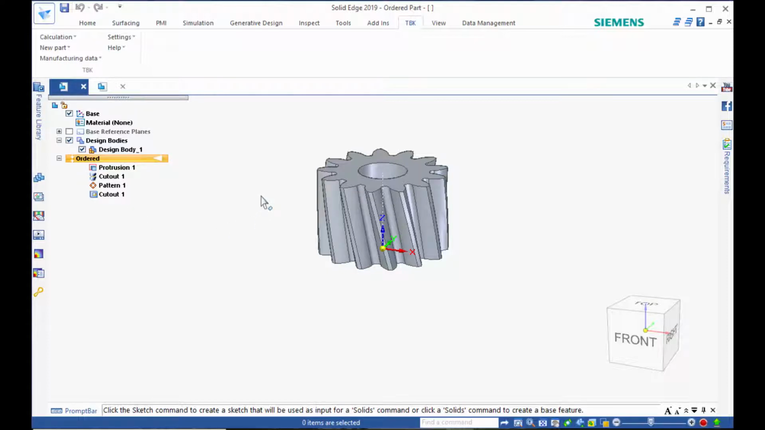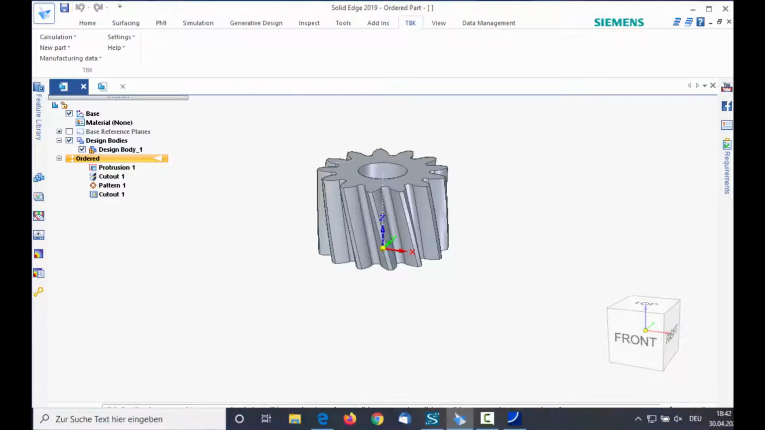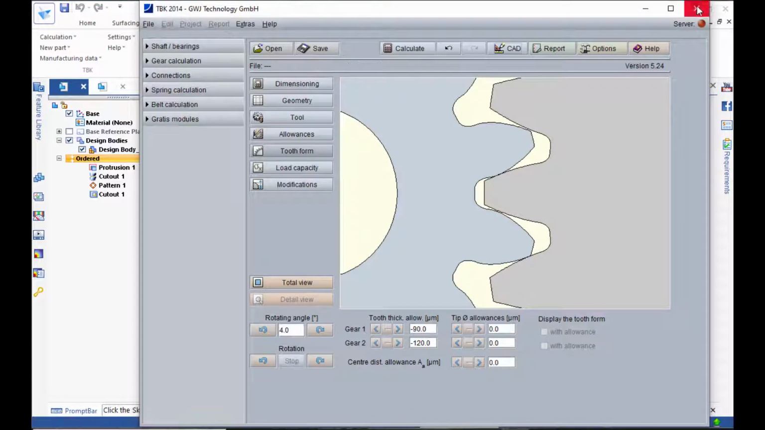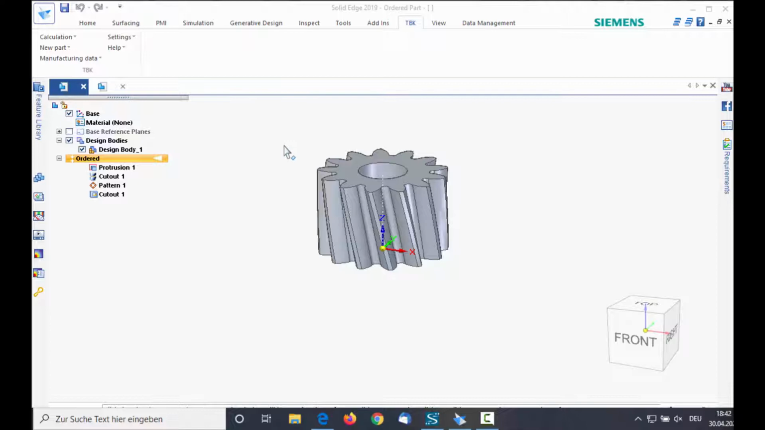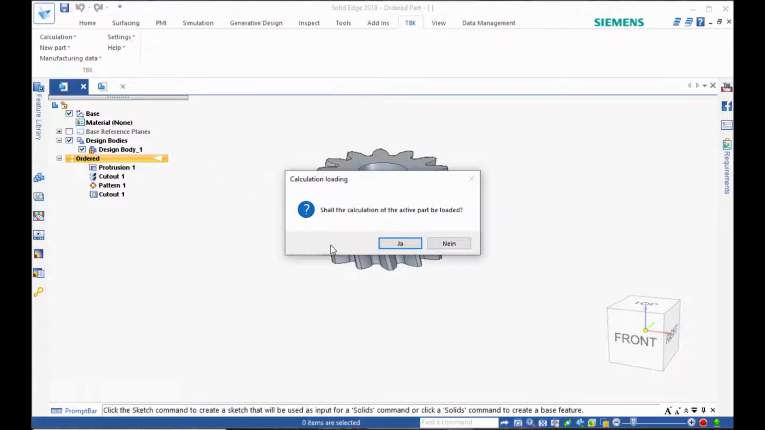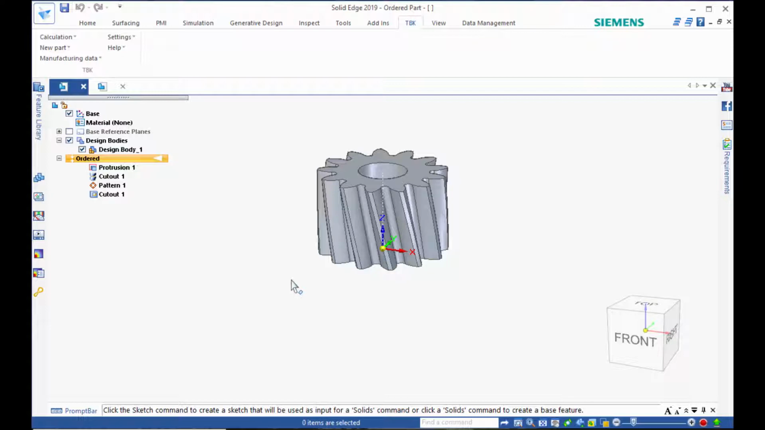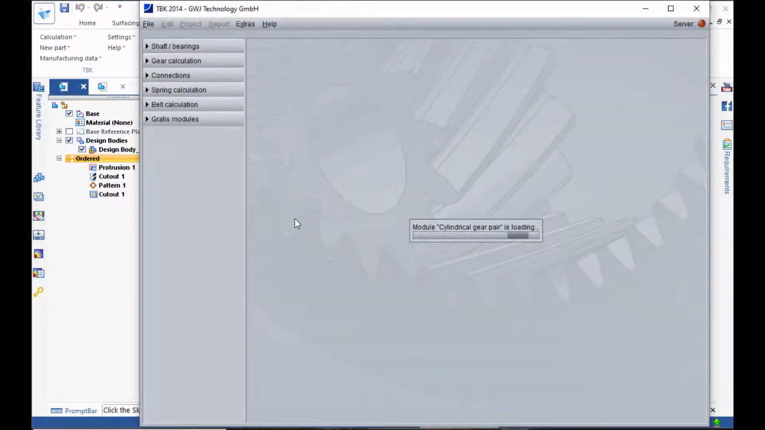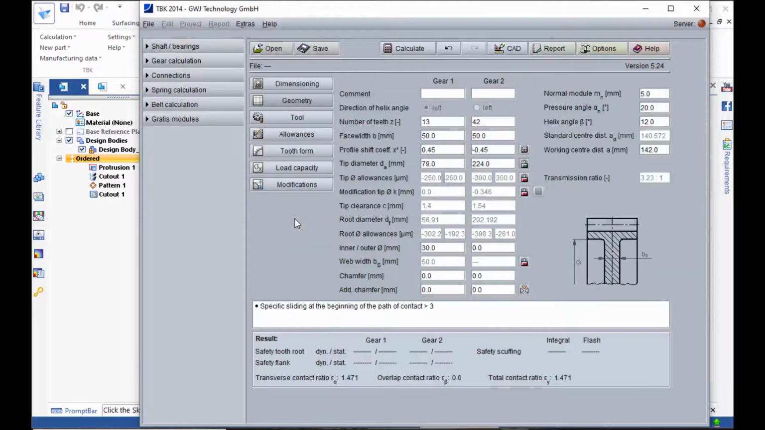And after this, I can call the calculation again, so I will close my calculation, and now I can call the calculation that is based on this gear. So I say calculation gear cylindrical gear pair. The program has detected the calculation information in the gear in the 3D model, and I say yes, please open this and load this information. And now the program opens automatically again the TBK and the cylindrical gear pair calculation module,